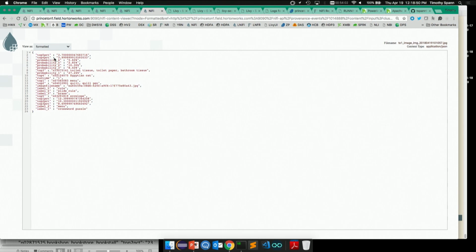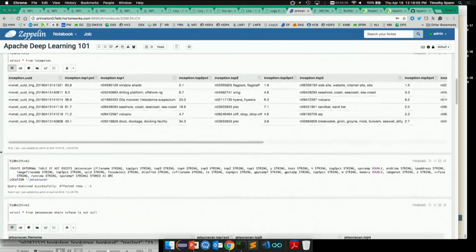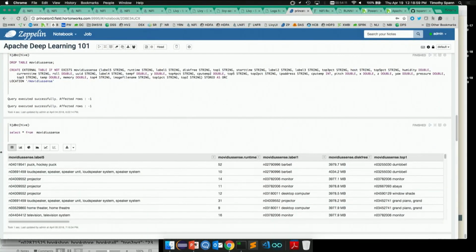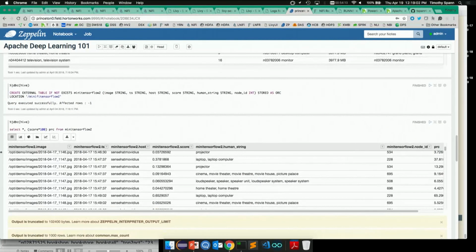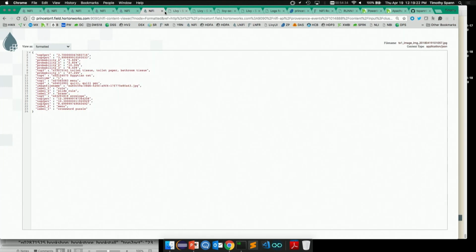And I think I created a table on top of that for some reason, just to query it. Yeah, I could have done that with Apache Phoenix, but I believe I did that with just a Hive table on top of HBase. Yeah, this one here, because that was pretty easy too. I think this is for one of the ones for, yeah, that's got a different name in there. I don't want to say what deep learning one that is, but it's the same idea. Create an external table, and now I can query that. So I pushed it to 2 different places. It's a pretty nice feature there.